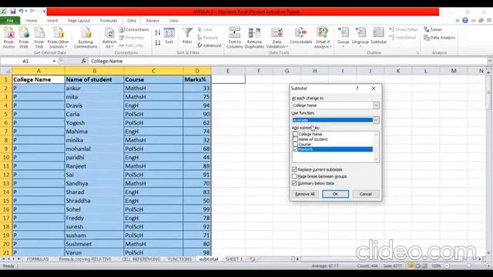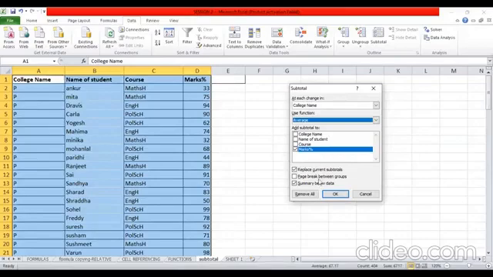Then it says add subtotal to what? Do you want to total the college name, the name of the students, the course, or the marks? I want to total the marks. By default, it is showing marks because in my data there is only one numeric field. If there were more than one numeric field, I would have to select the appropriate field whose subtotals I want to calculate.